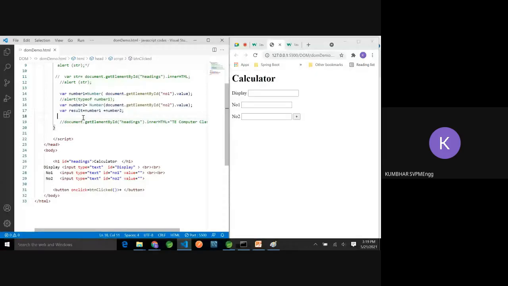Where we want to print the result? In this text box, correct? So how can I access this text box? Tell me, as you will tell, I will type. Otherwise, it will be my revision. How can I access the display text box?